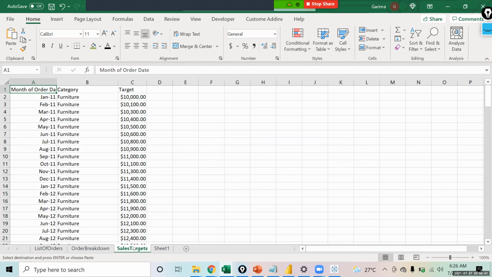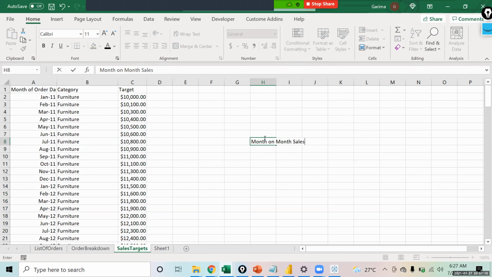Now what I want to do is create a chart where I can see month on month sales versus target. I want you all to think on it and give me the answer, not from the Tableau perspective. If you had to do it in SQL, how would you have done it? I want to see month on month sales versus target.